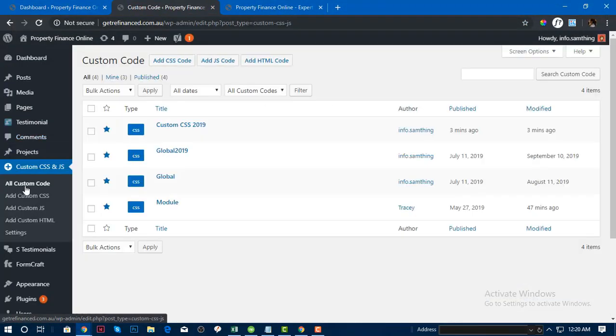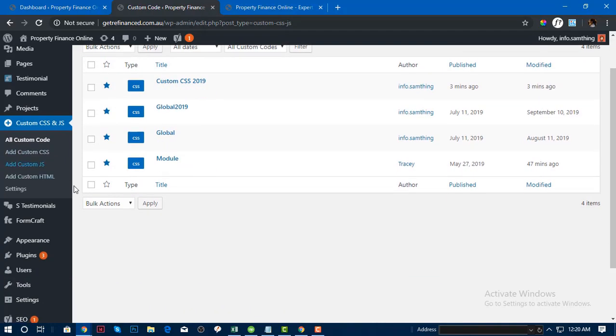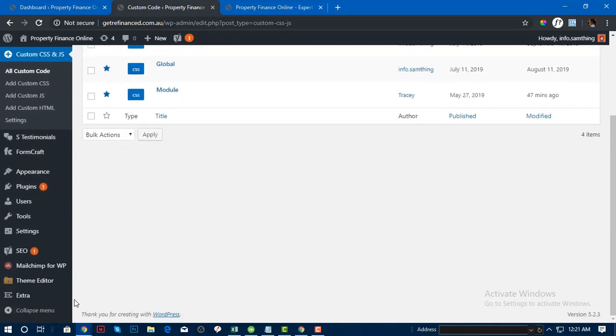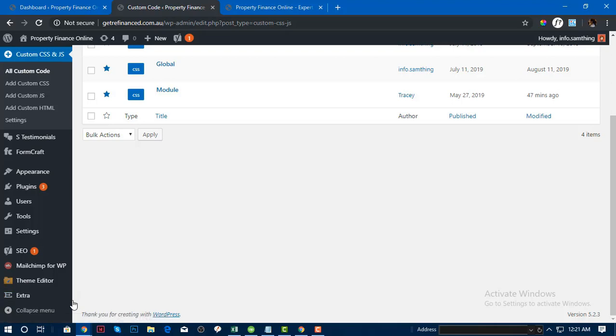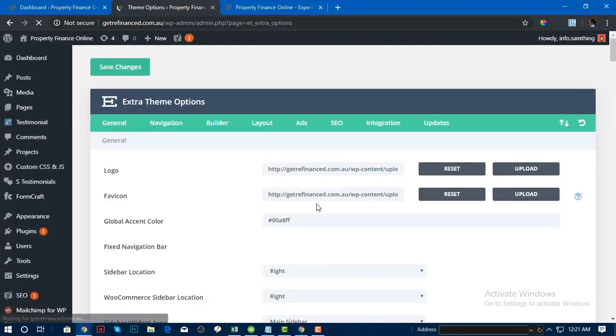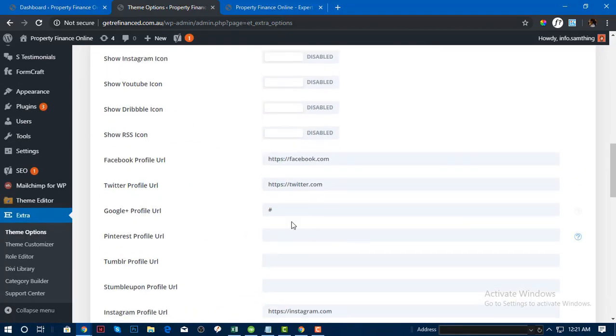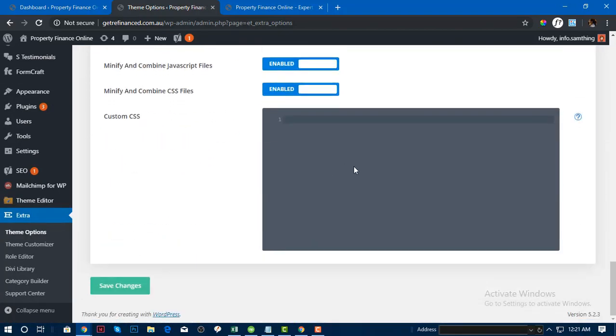Okay, by the way, do not follow this crop. It's kind of messed up, and I will need to remove all that stuff and put it into my style CSS under my child theme. But for now, because I'm lazy, let me just put it there. But for the purpose of this presentation, we will put our CSS code into our Extra theme options. So you don't need to worry because every time there's an Elegant Themes update, the CSS code that you have put there won't be lost. So I'm gonna put the class there, and then